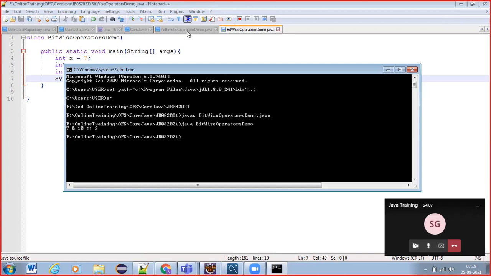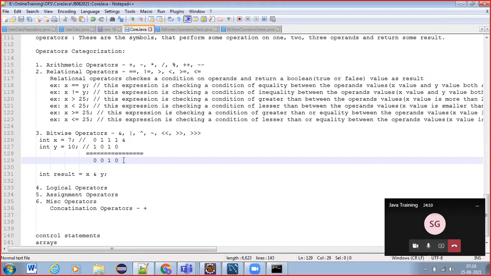Yeah, you are right. So this is the same result we got here also, right? 1 and 0 is 0 only, and 1 and 1 is 1, meaning both should be true, then only true, right? Yeah, now I am recollecting. These are truth table values, right? Bitwise operators things.